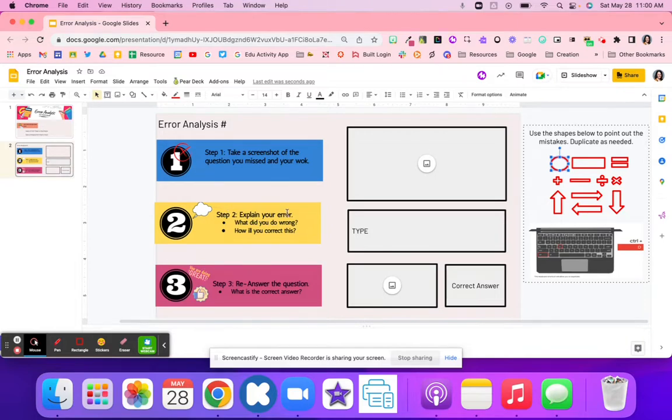After students show what they've missed, they are then going to explain their errors. What did they do wrong and how will they correct this? So again, students are going to go in, look at what they did and how they're going to correct these errors. After they do that, on a piece of paper, they're going to write out the correction and rework the question. After they have that correct answer, they're going to type it in this box and upload their final screenshot